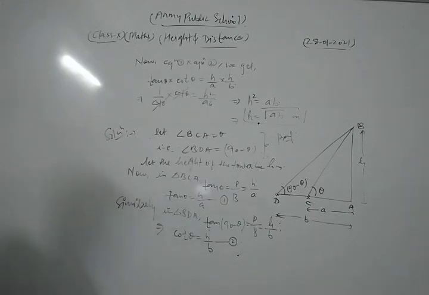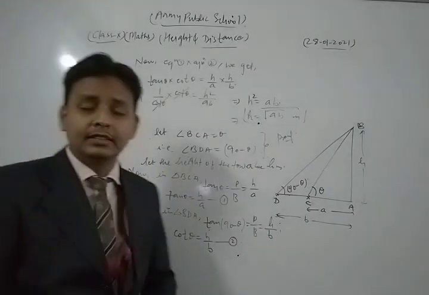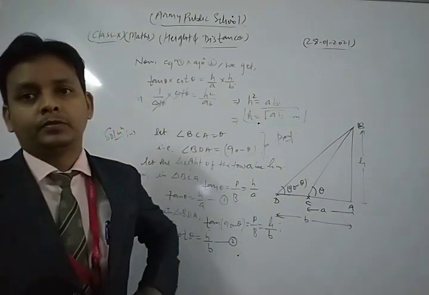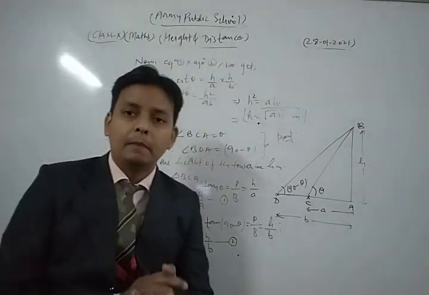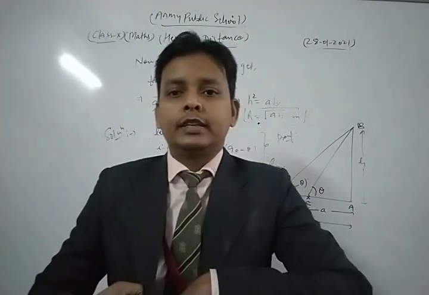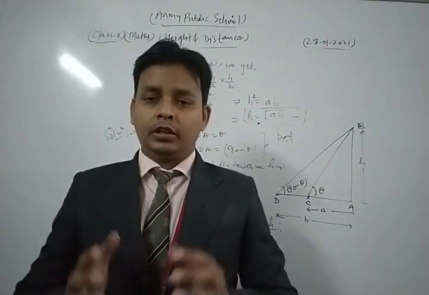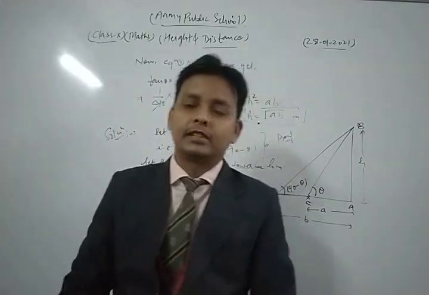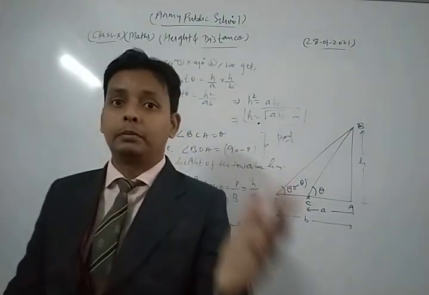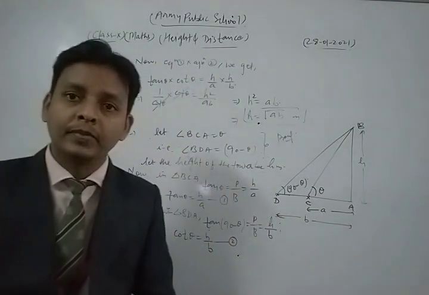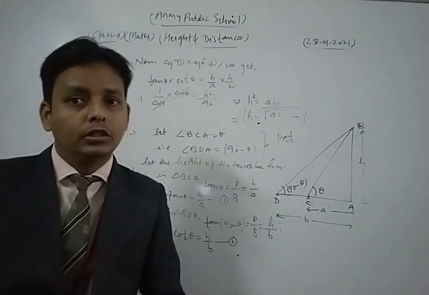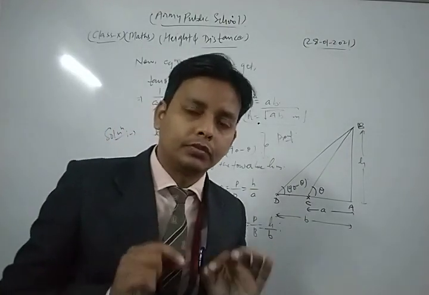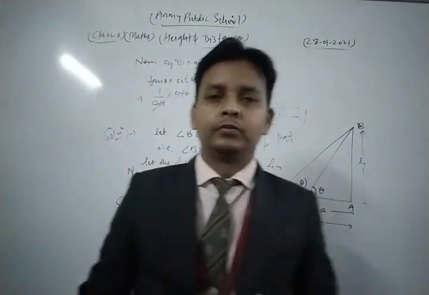Thus, dear students, in this way we can say that the height of the tower is under root AB meter. In today's class, we took and solved some important questions of your NCERT exercise based on height and distance, an application of trigonometry. So first of all, you revise all the questions which we discussed in this class. After that, you can solve each and every question of your NCERT exercise based on these topics.